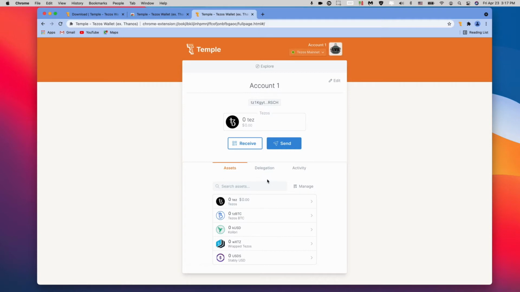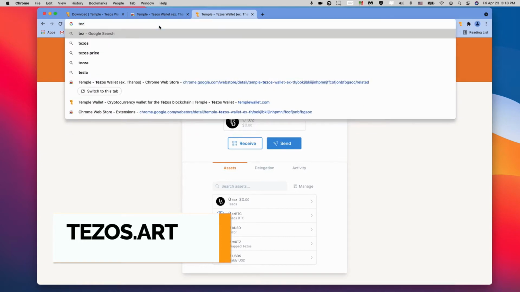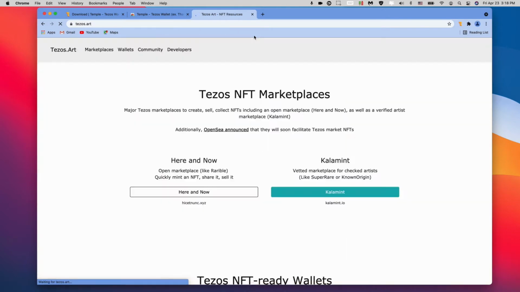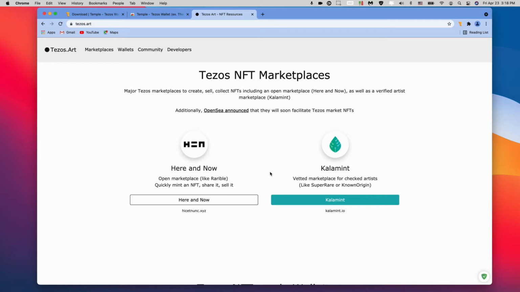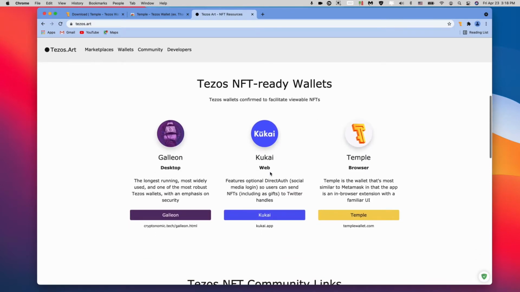And now the next step is, how do I get Tezos? Where do we get Tezos? So if you go to Tezos.art, it's a great resource that Kevin, who's been around Clubhouse rooms, made. I can tell you his full name, I have him on created. Kevin Meravi. Yeah. And it's this great site. It's got all the wallets. It's got both platforms that Tezos is popular on right now. And if you scroll down, it's got a whole bunch of discords and